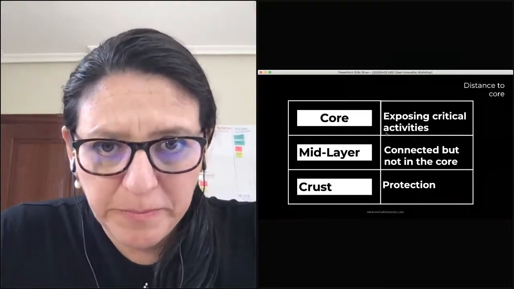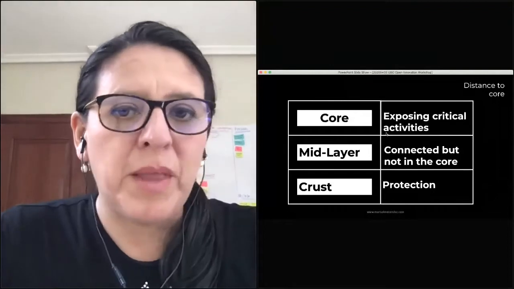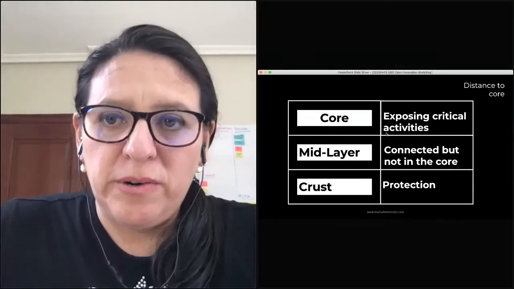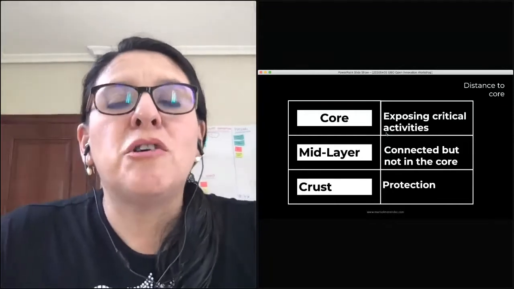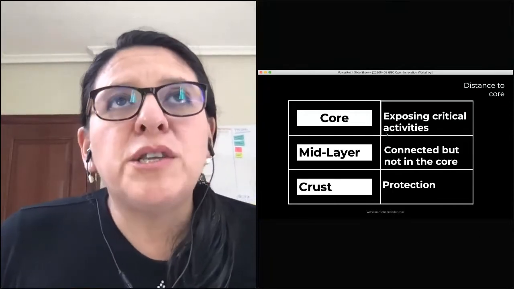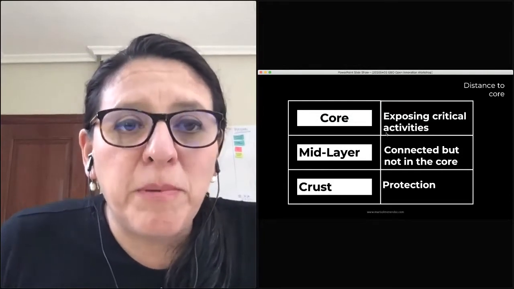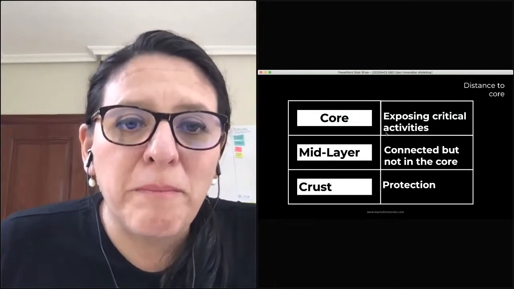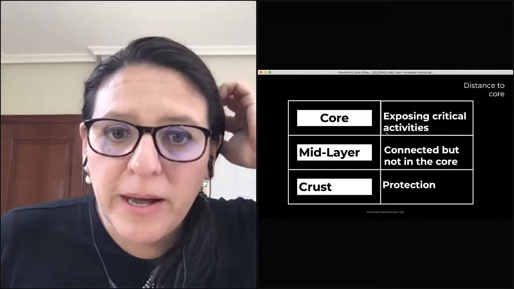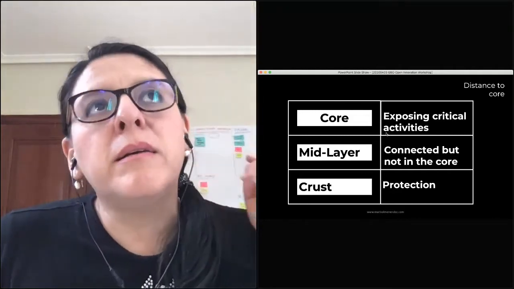The first variable is related to strategy and is the distance to the core. So when we are talking about collaborating with others, and if we're in a company, we need to think about how far we let people into our own company for this innovation process. So, for example,